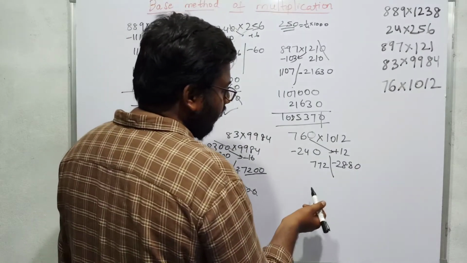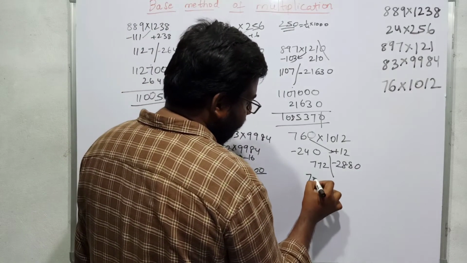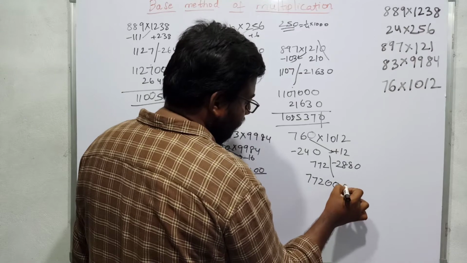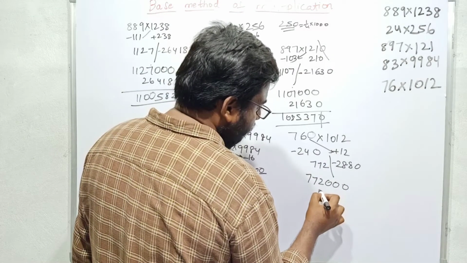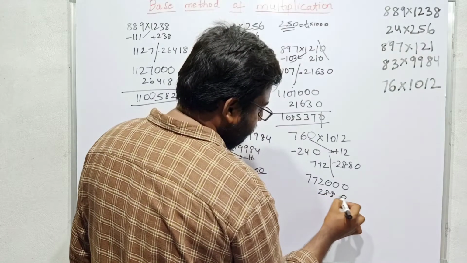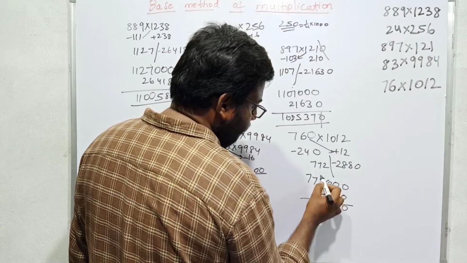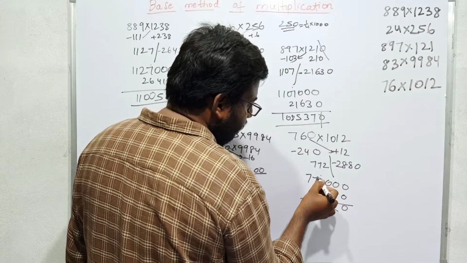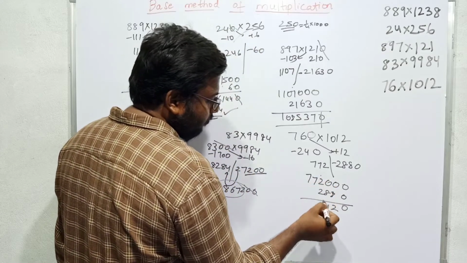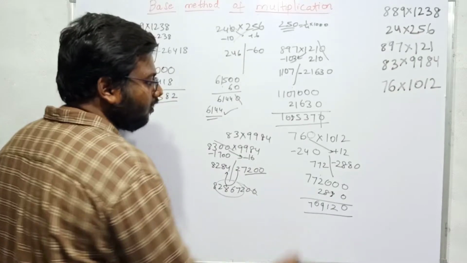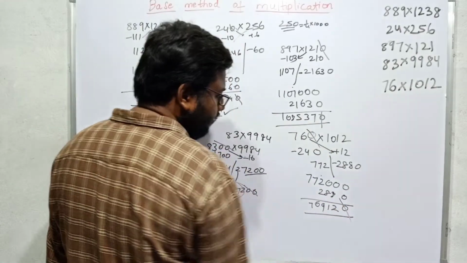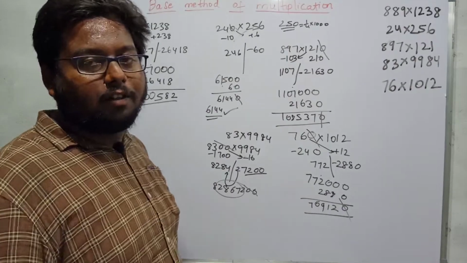Then I will calculate like this. I will put 000 because I am calculating this on base number 1000. So 2880. So 0, 100 minus 88 is 12. Here, 71 minus 2 is 69. This is 769120. I can cancel this 0. Then 76912 will be the result.